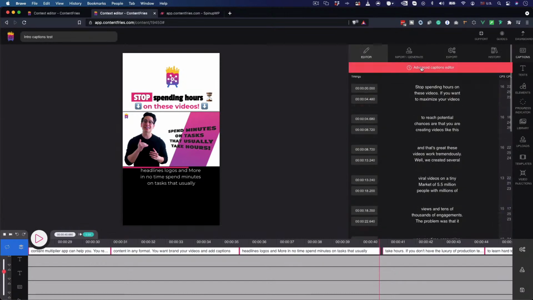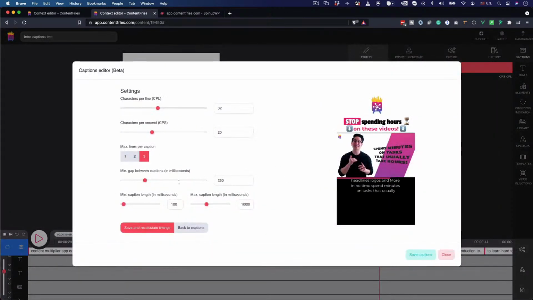Okay, let me see if I forget about something. That's the minimum gap and minimum caption length, or maximum caption length, in milliseconds. So 10,000 milliseconds means this maximum caption length is 10 seconds. You can go above that number, but